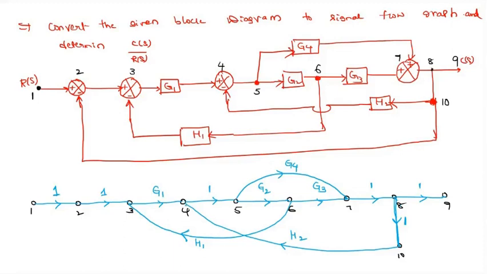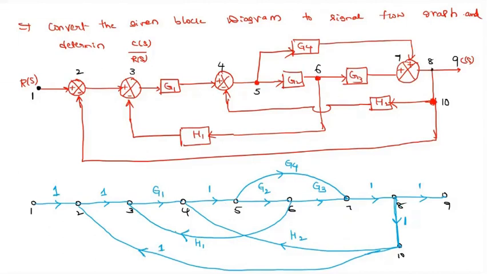Yes, sir. Okay, so here the point is 10 to 4. Here 10 is the junction point. 10 to 4 is connected with H2, so its direction is towards 4, and I have written H2. Now the last one is the direct connection from 10 to 2. So from 10 to 2 I'm going to draw like this. The direction is towards 2. Its gain is nothing, therefore it's 1.